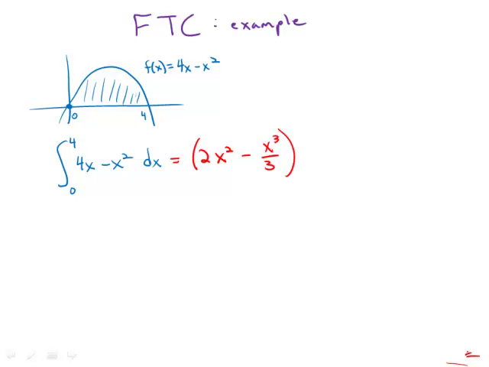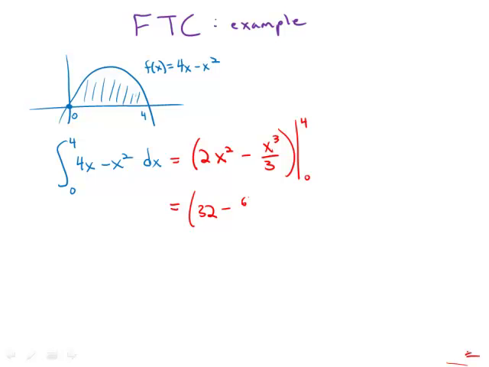And then the way that we show that we're going to evaluate this at 0 and 4, we draw a vertical line, and we just show 0 at the bottom of the line, 4 at the top of the line, to indicate that we're going to plug in 4, figure out the value, plug in 0, figure out the value, and subtract them. So evaluating now, what we get is 2 times 4 squared, so that's 32, minus 4 cubed,